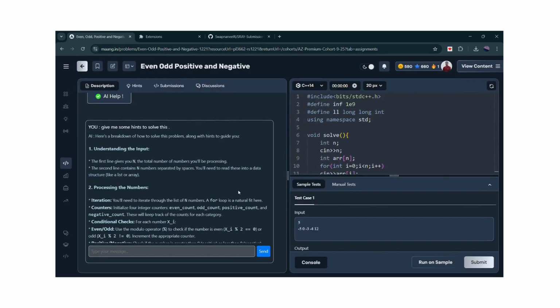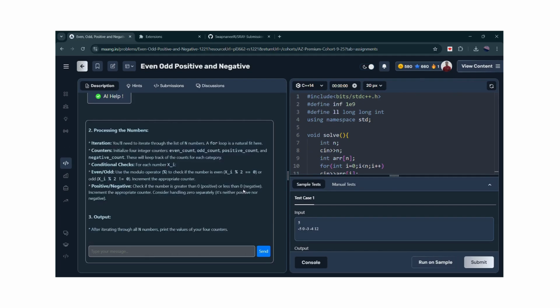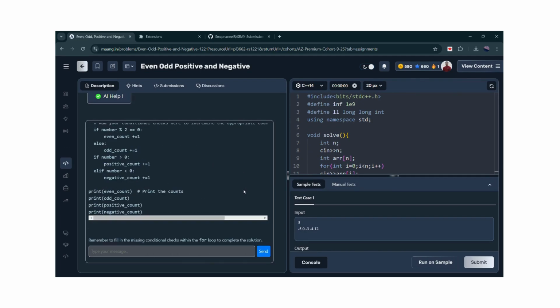So this, I think, is the most important feature of our app, that we can store chat history in the Chrome local